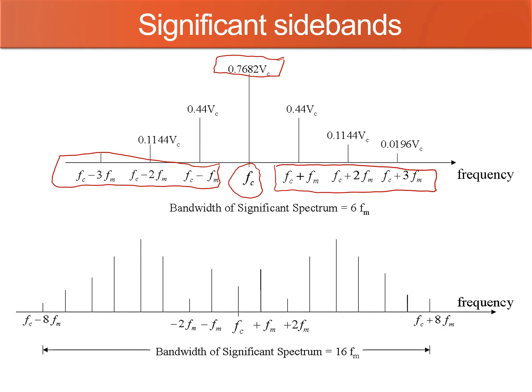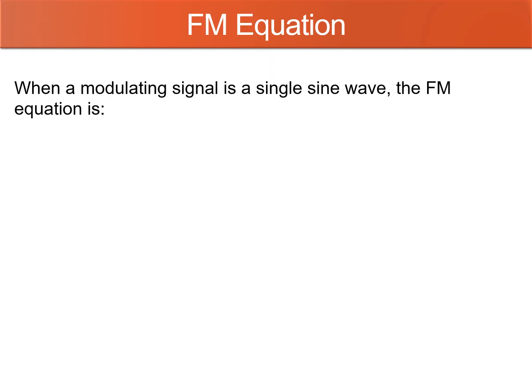Another example is 16 Fm, which is the bandwidth of the spectrum. So here is the FC, the middle of the spectrum, and the rest are the sidebands. Here we have 8 pairs of sidebands. Here is the lower sideband, and here is the upper sideband. So next is the FM equation. When a modulating signal is a single sine wave, the FM equation is